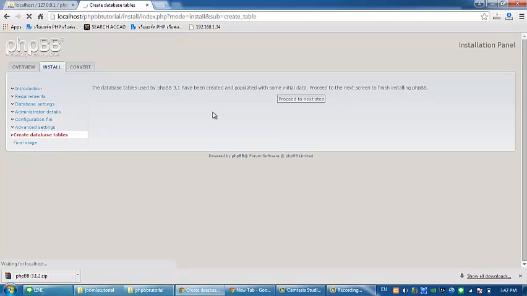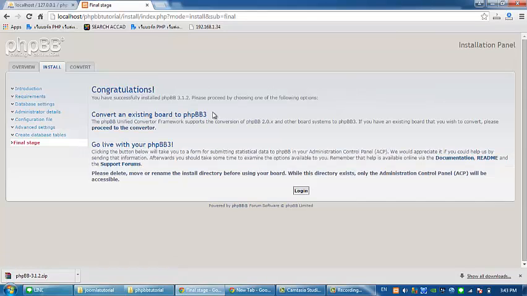So just wait because phpBB has many tables. And then click Login. This is the final stage.